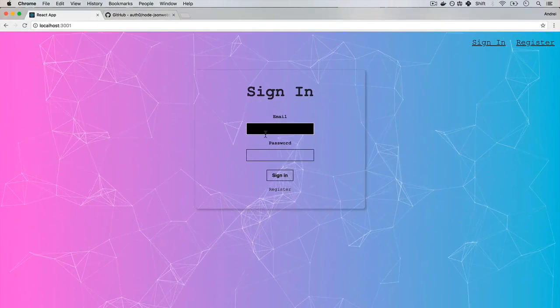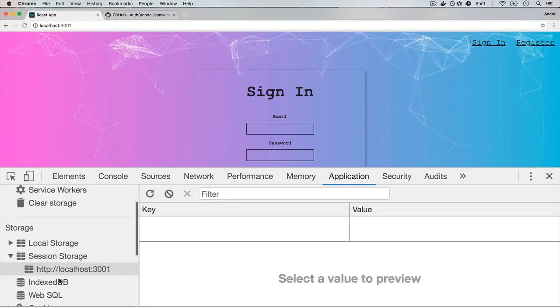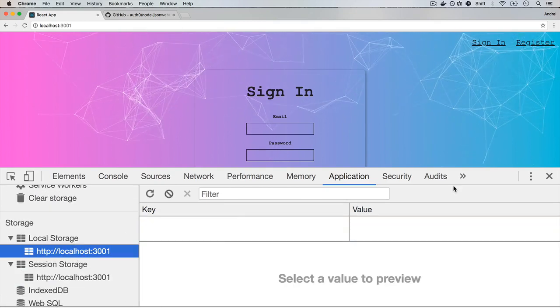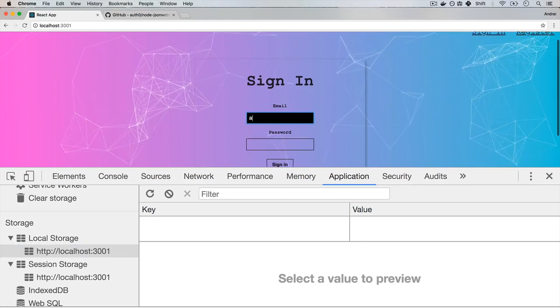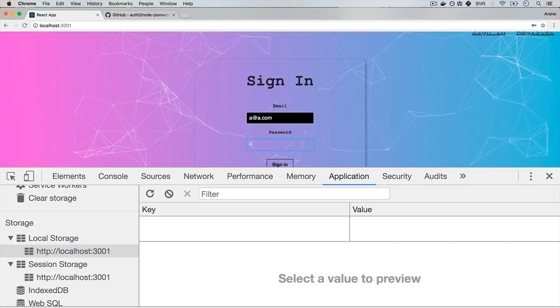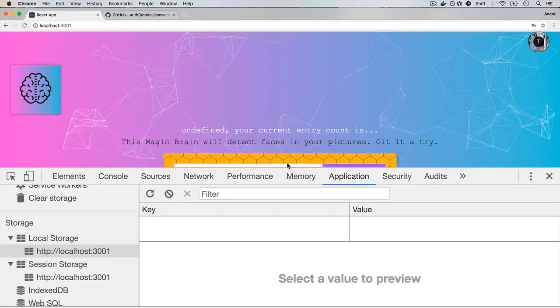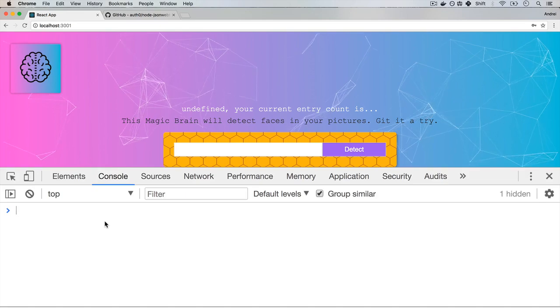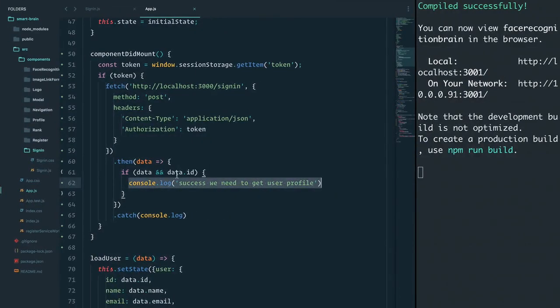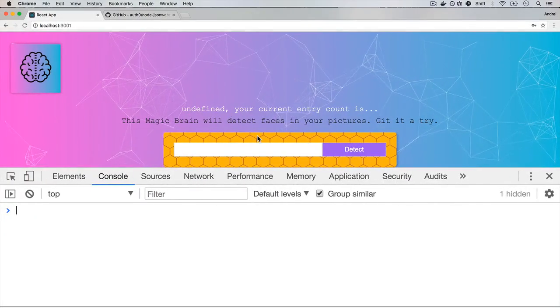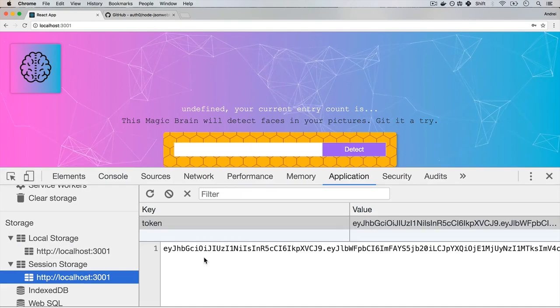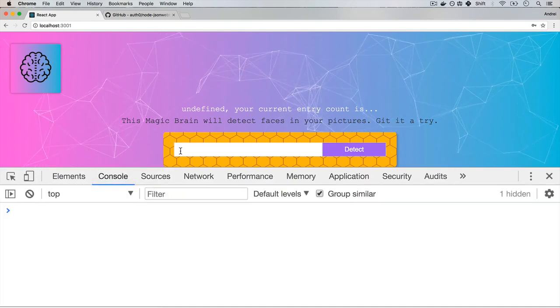I'm going to make sure that there's no tokens. Let's go to session and local storage. I'm going to delete that. Everything is clear. And I'm going to say a@a.com, let's sign in. All right, I'm able to sign in. If I go to console, it looks like this didn't get run. But that makes sense because we've just signed in. We just received our session token. However, if I refresh now,